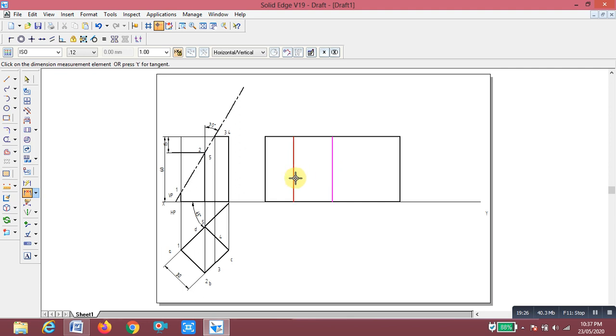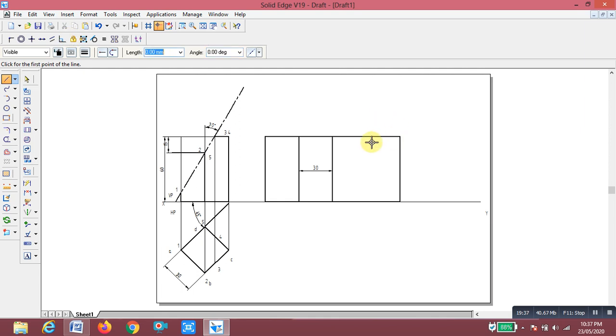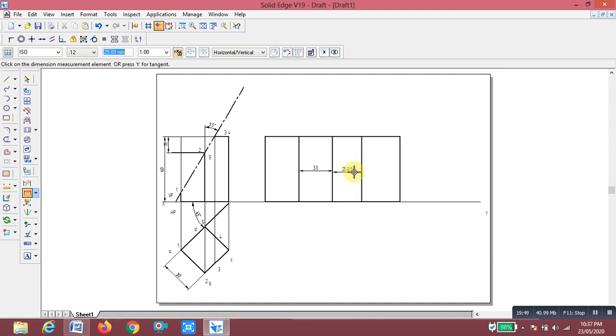Similarly you draw the vertical line from here, then maintain the distance between this line and this line, make it 30.